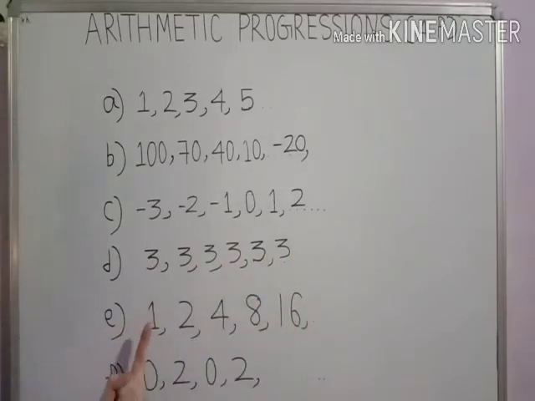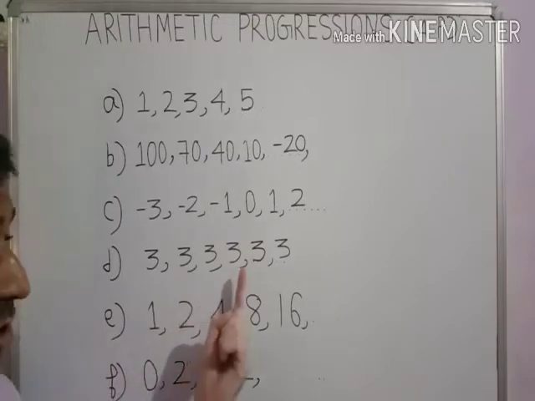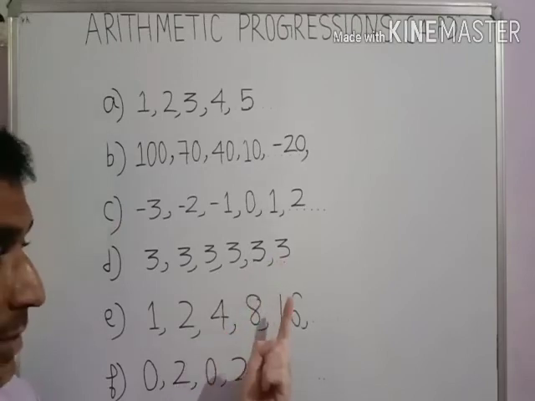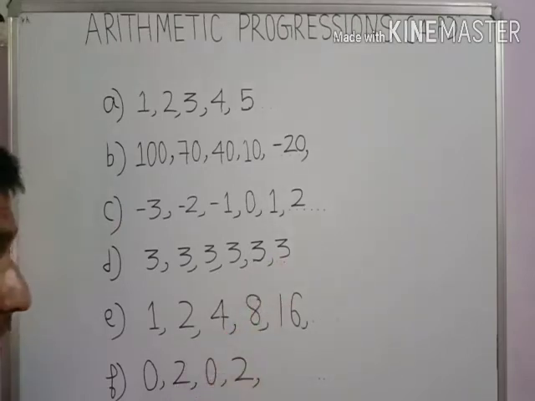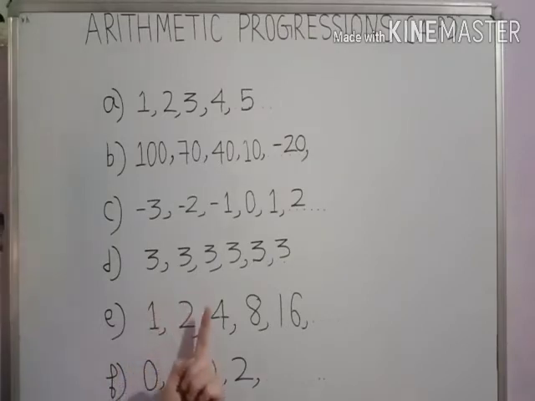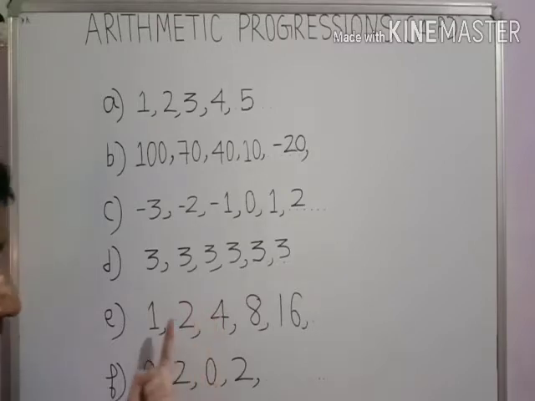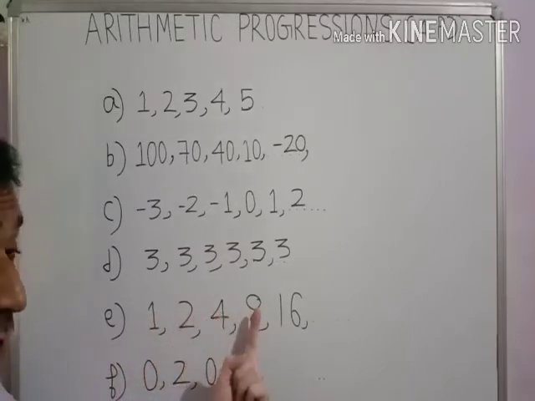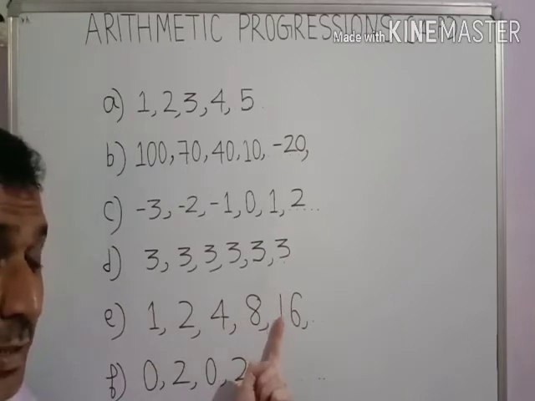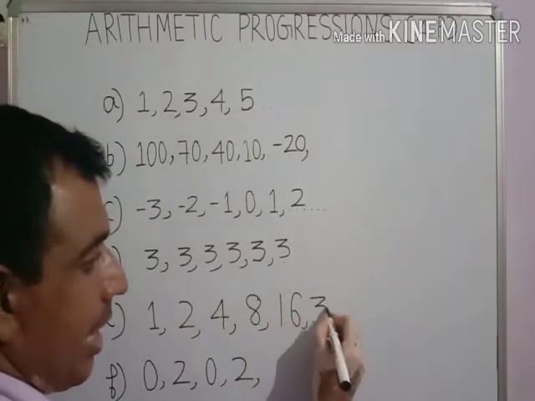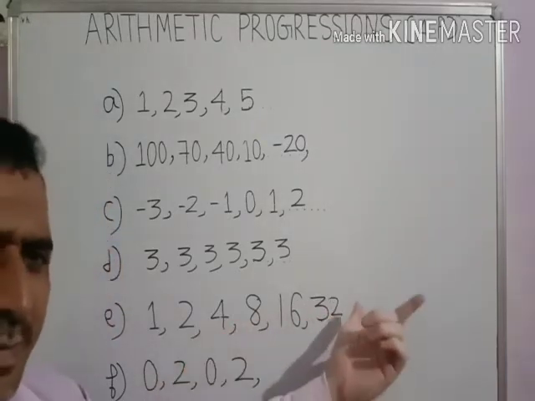So see this pattern: first number is 1, second is 2, third is 4, next is 8, and next is 16. You see this time we are not adding, since 1 plus 1 is 2 but 2 plus 2 is not the change. It means the rule changes here. You observe it carefully. 1 multiplied by 2 is 2, 2 multiplied by 2 equals 4. Every time we are doubling the number. The double of 1 is 2, the double of 2 is 4, double of 4 is 8, double of 8 is 16, then double of 16 is definitely 32. And we can get further numbers as well.